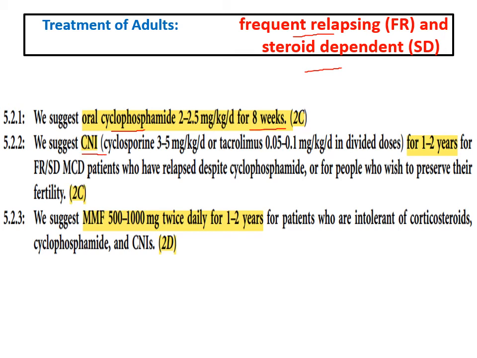or CNIs either cyclosporin 3 to 5 mg per kg per day in 2 divided doses or tacrolimus 0.05 to 0.1 mg per kg per day in 2 divided doses for 1 to 2 years. Either في الفريكوينت relapse أو الستيرويد ديبندنت